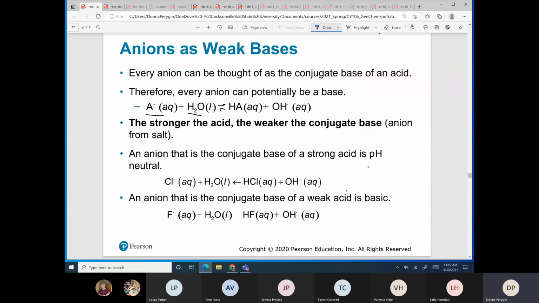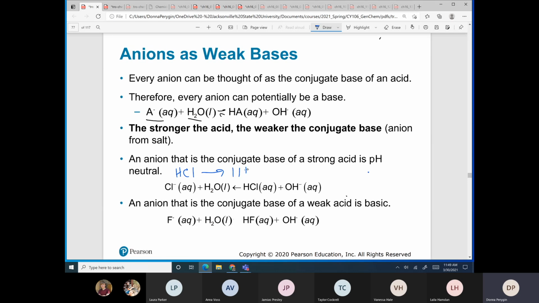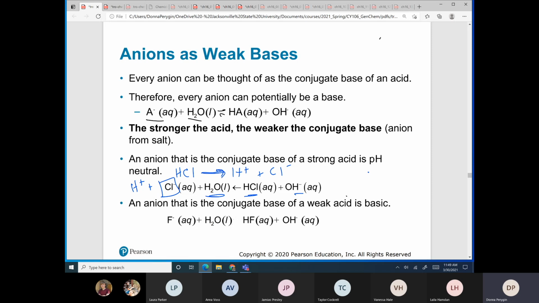So let's recap here. HCl, a strong acid, is going to completely dissociate in water into H plus and Cl minus. So it's not going to want to go back in the other direction. If you had just the H plus and Cl minus, it's not going to want to add to water to form HCl and OH minus. It's not going to happen. So if you just had that chloride in solution, since this reaction arrow is essentially one way,